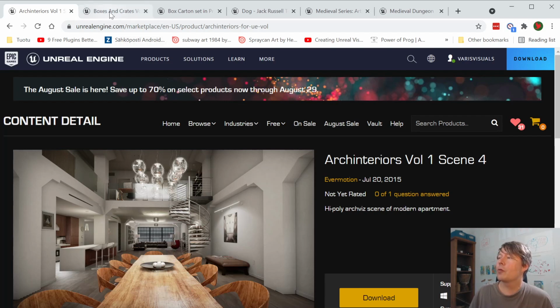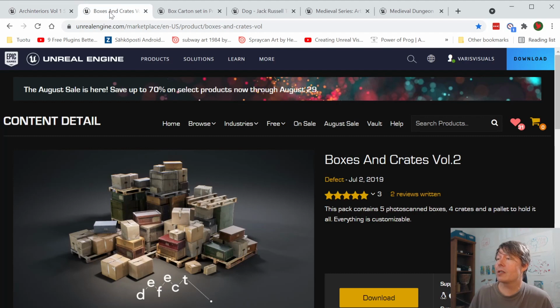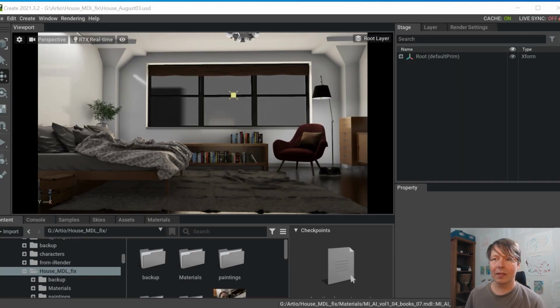And then what else do we have here? Boxes and stuff like that. This is a pretty good set of boxes and crates as well. So they were moving in. The script was about a family moving into a new house, selecting the art for the walls and buying them as they go. And let's see how this all works in